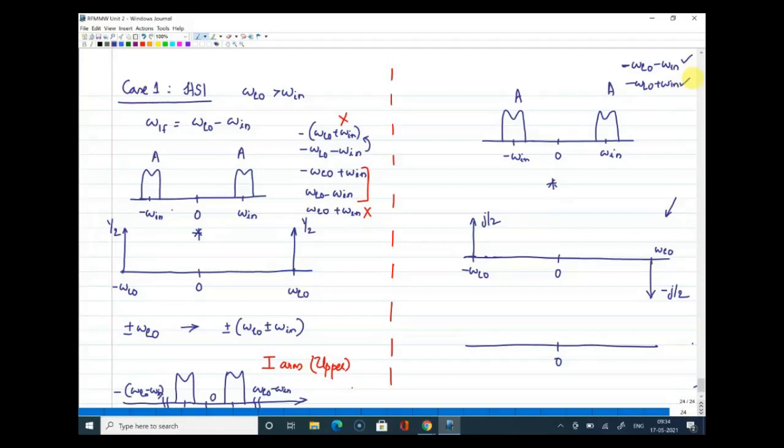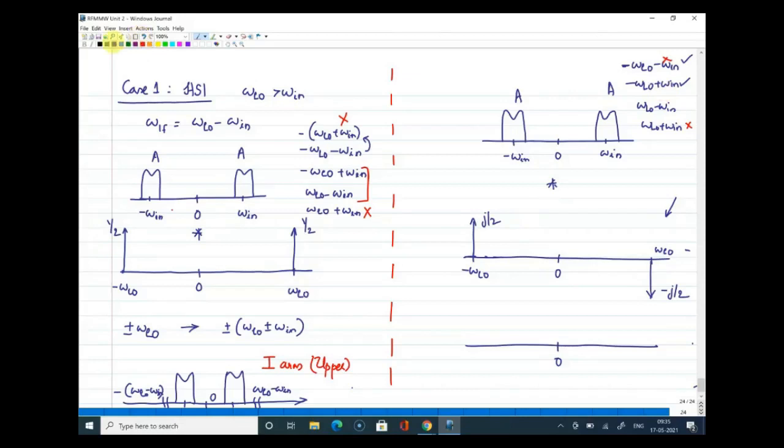Now the next signal is minus j by 2 at omega LO. That frequency will be omega LO minus omega in, with an amplitude of minus j A by 2, and next is omega LO plus omega in, which is also with an amplitude of minus j into A by 2. Out of this, we do not want this signal, and we also do not want this signal. So what we'll be plotting are the frequency components which I have shown in the middle. So from that it is clear.